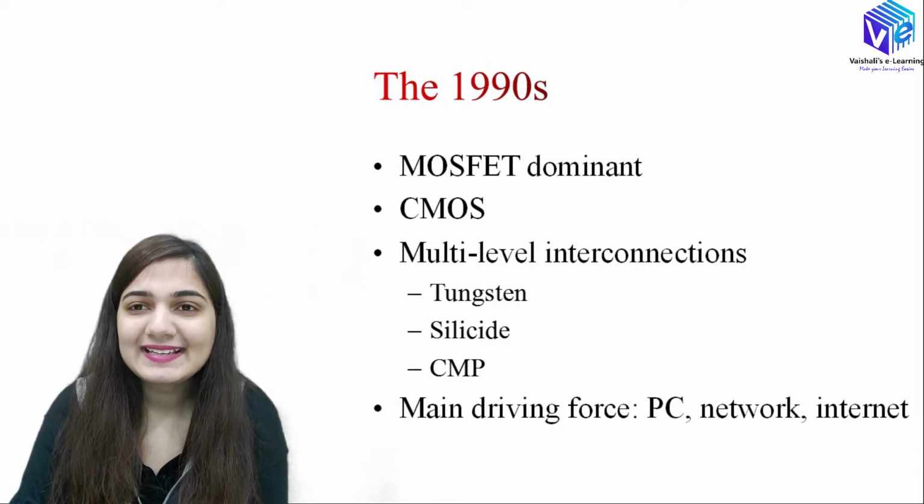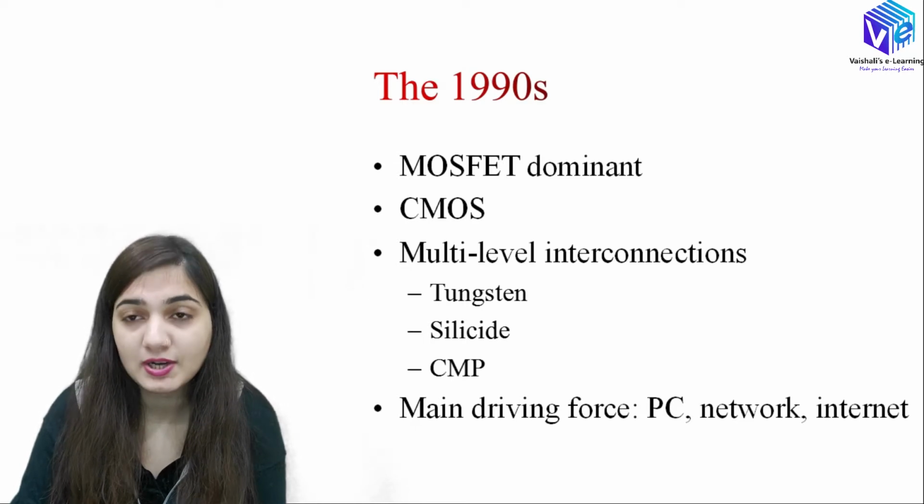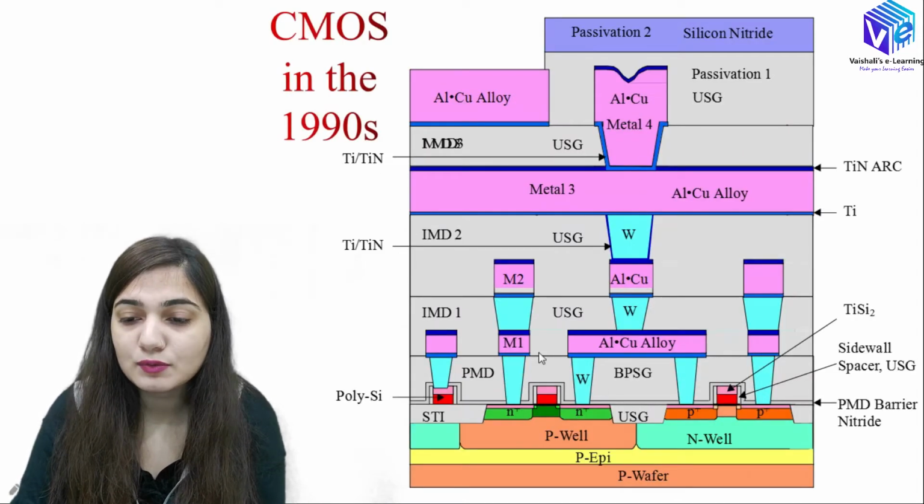So coming to the 1990s, it was also a MOSFET dominated era. Okay, we were working with the CMOS, we were having multiple level interconnections like in the 1980s. So the multiple levels were increasing. We were having tungsten silicide as well as the chemical mechanical polishing process also. So the main driving force was PC, personal computer, the network and the internet as well. So you can see we were having the various levels. Okay, so this is